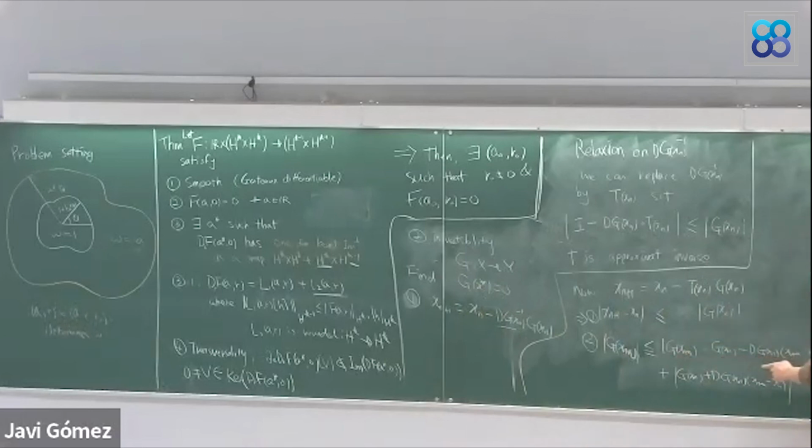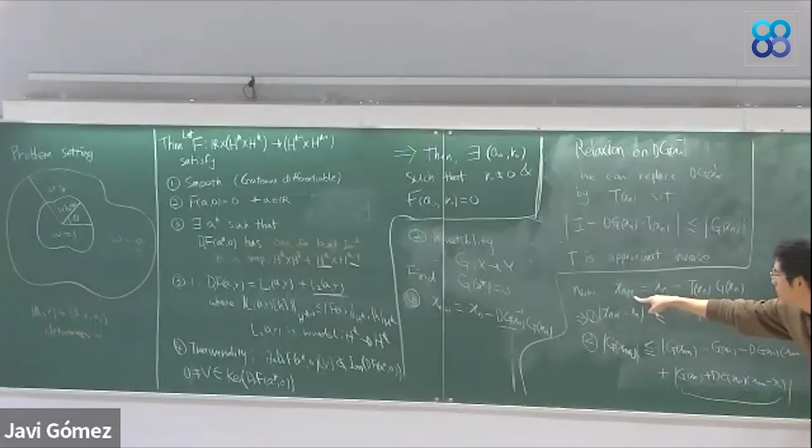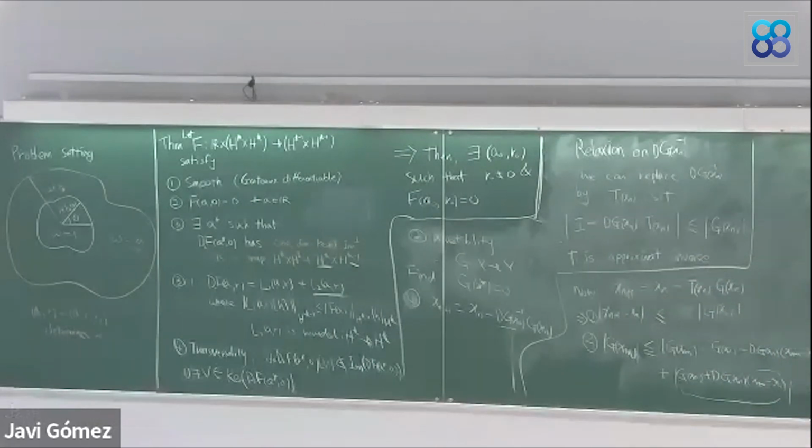So this guy, as before, we are assuming G is smooth. So this quadratic expansion gives you quadratic error plus this guy. You just plug in x_{n+1} minus x_n equal to negative T times g. So you plug that into this part, x_{n+1} minus x_n. Then we get g(x_n) minus e g(x_n) equals T of x_n and g of x_n.